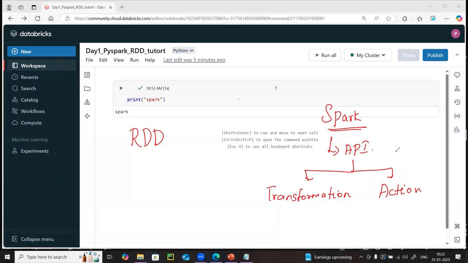Okay. Now, what is a transformation-based API? Simple. I have data, and I'm converting the data into some other form. For example, I'm going to give you a CSV file which consists of the last 2 months of sales information of